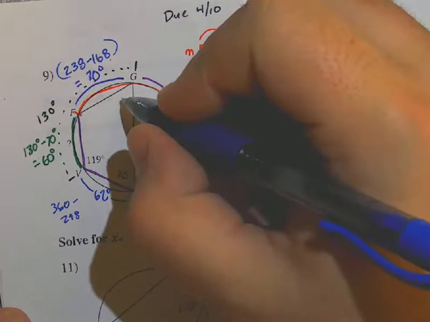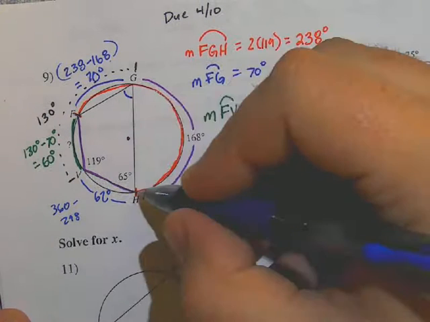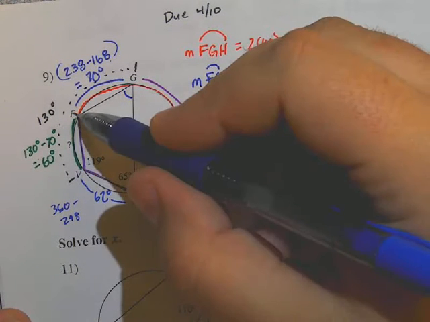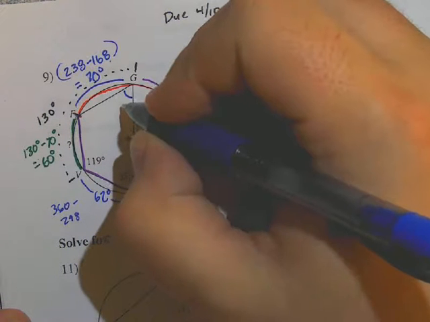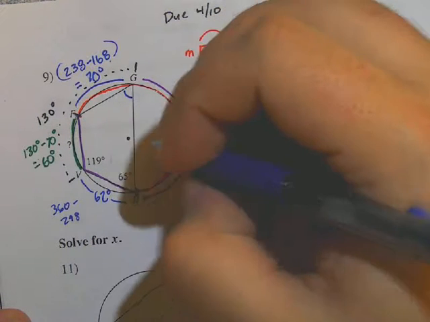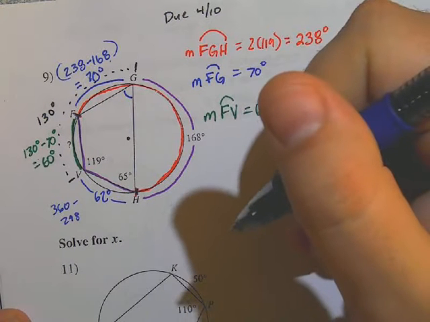From there to there. Okay, so I want to try to figure some of these things out. Like, for instance, what is this corner here? What is this corner going to be? Well, it goes from F to H. And from F to H is going to cross a 60 degree and then a 62 degree arc. So that's going to be,